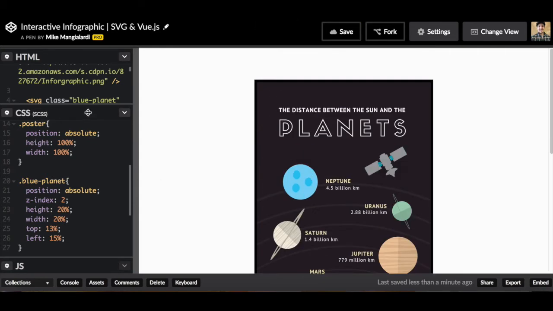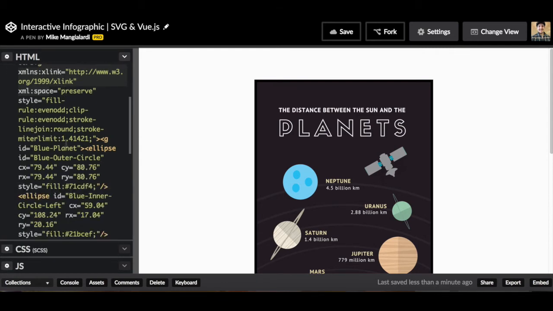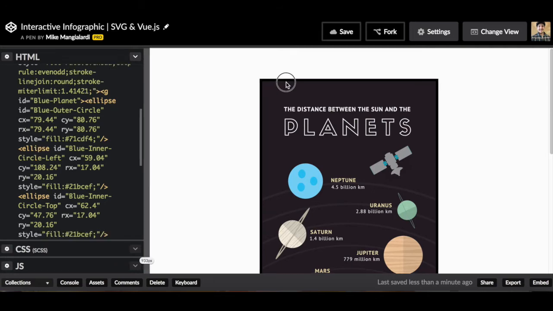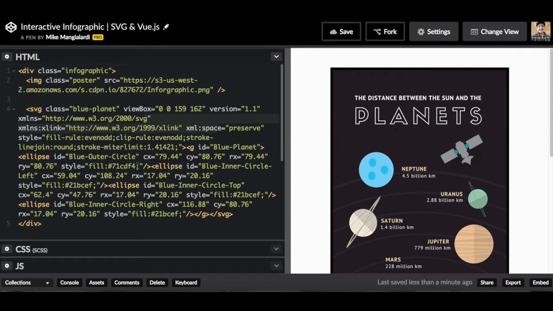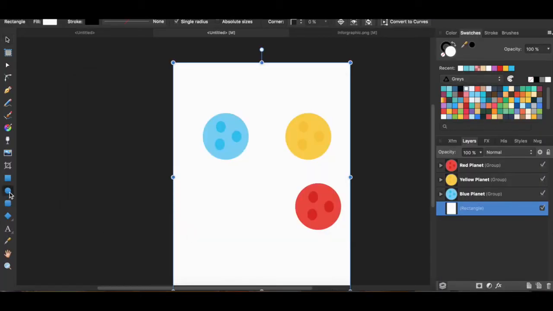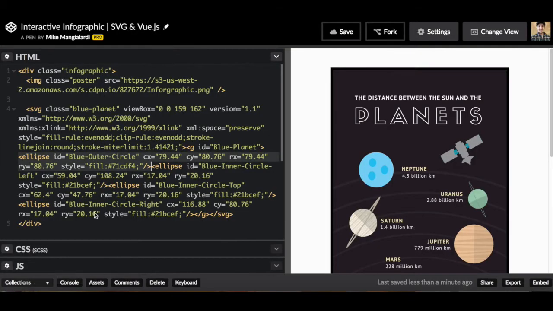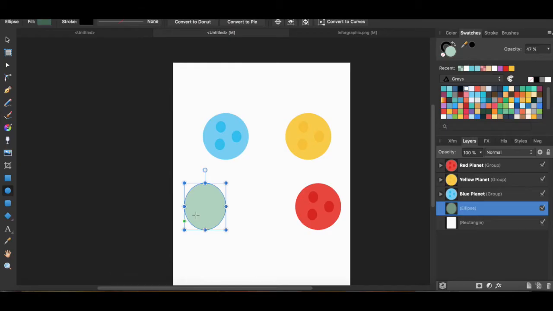However, this planet is an SVG. So what exactly does that mean? As you can tell, there is all this lengthy SVG code that we had pasted in there. So what is that? Well, let's take a look. Here we have one tag that is an ellipse. And what this is referring to is, just like in our vector graphic tool of Fade Designer, we have an ellipse tool where we can create an ellipse. So this code is actually code for these different shapes that we had created that are part of this